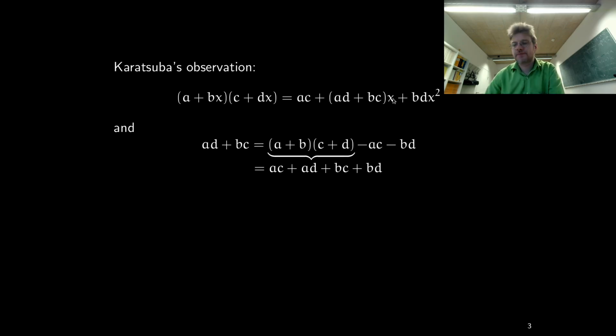This is Karatsuba's idea. Karatsuba observed that if you have two polynomials of degree 1, you multiply them out and collect terms, and you get this expression, where it seems at first glance that you have to do 4 products. You have to compute each of these 2 coefficients with each of these 2 coefficients. That's 2 times 2, which is 4. So we have 1, 2, 3, 4 products to carry out in order to get this product,